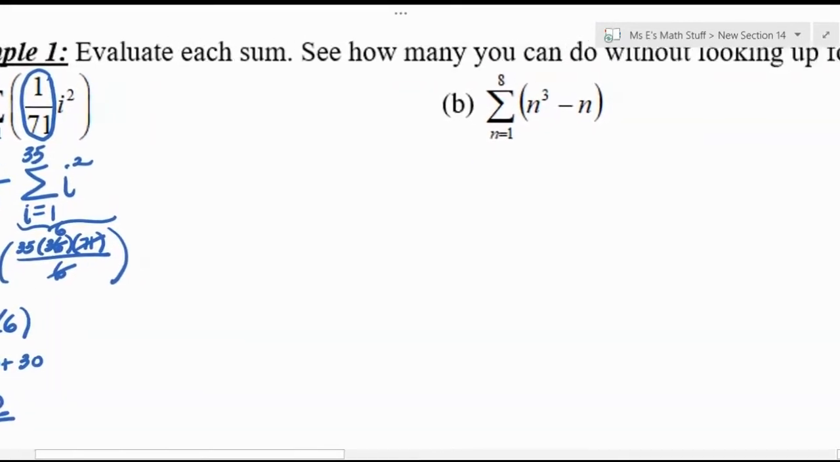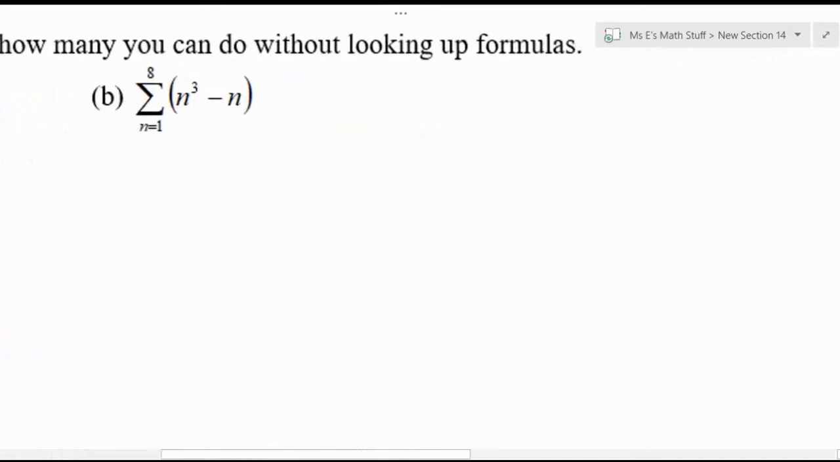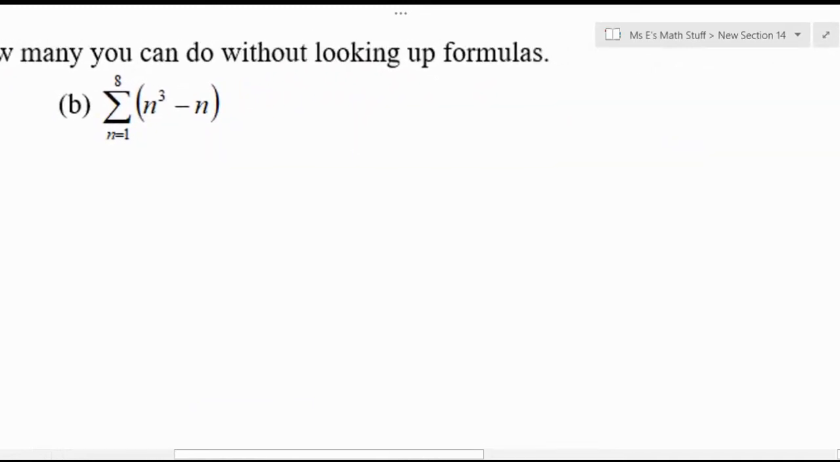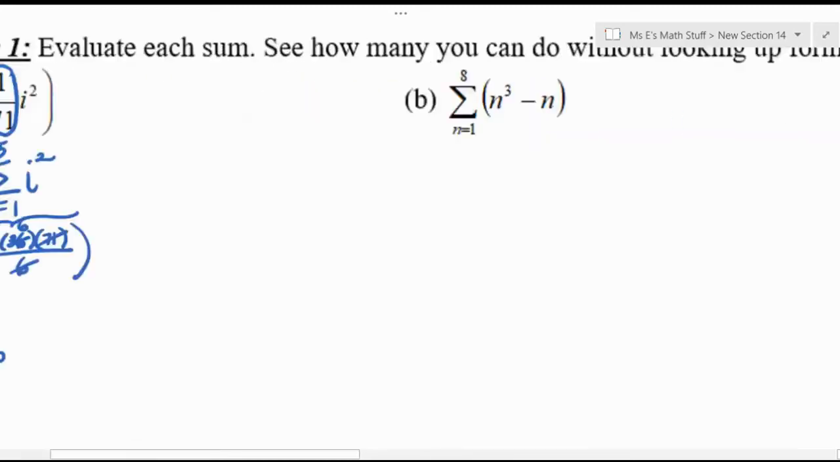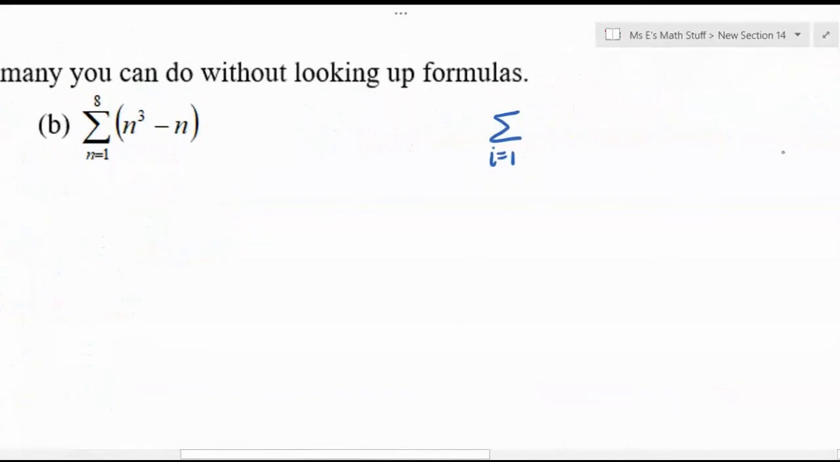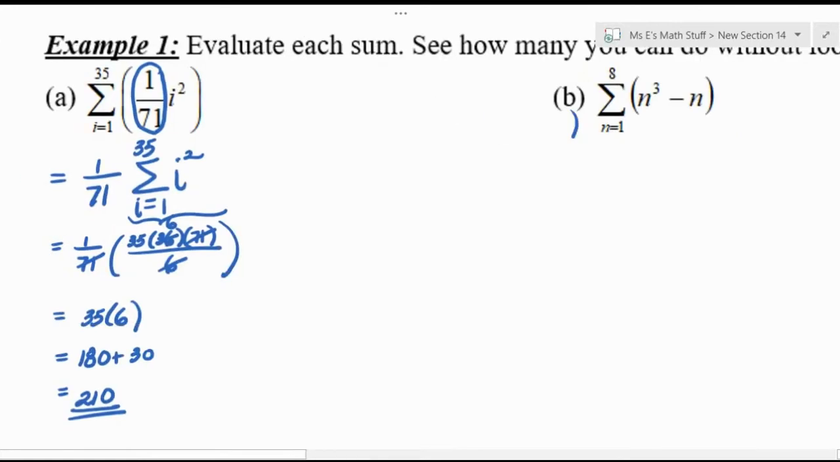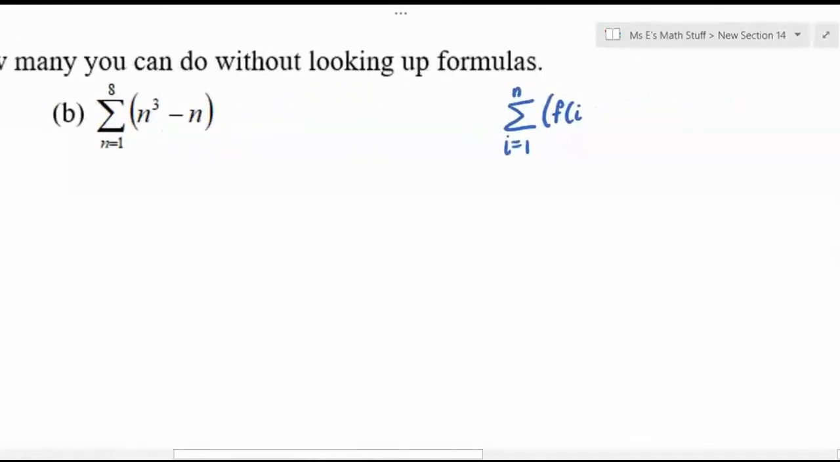All right, for part B, I feel kind of bad. I probably should have reminded you of a certain rule where in the past, back in chapter 8, we talked about how if you have the sum as I goes from 1 to, and in this case, I called your index a different letter, but I hope it makes sense that that's okay. So if you have the sum as I goes from 1 to n of one function of I,